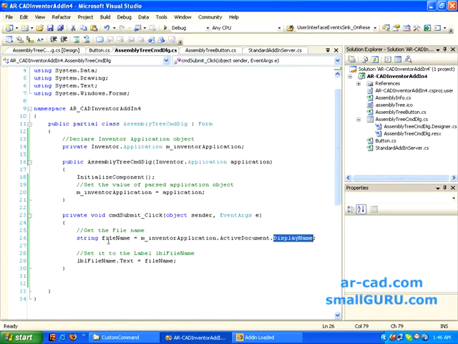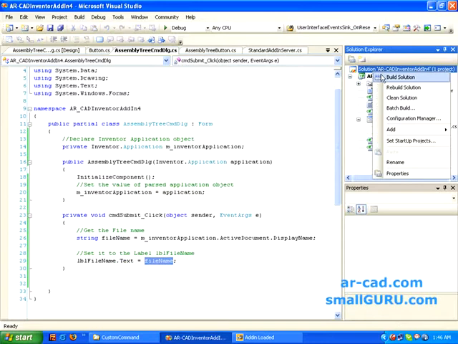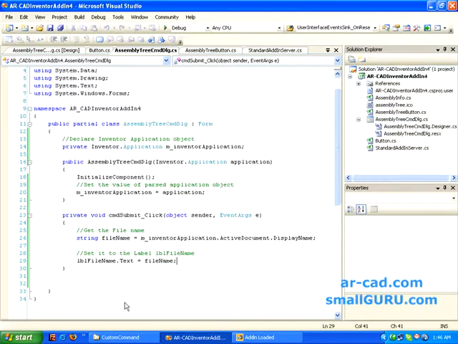After that I assign it to label file name dot text. This is the label, and text is whatever is shown there, so it assigns the string that we have just got. After doing this, you need to build your solution. If there are any errors, they will be thrown here, and you need to rectify them.